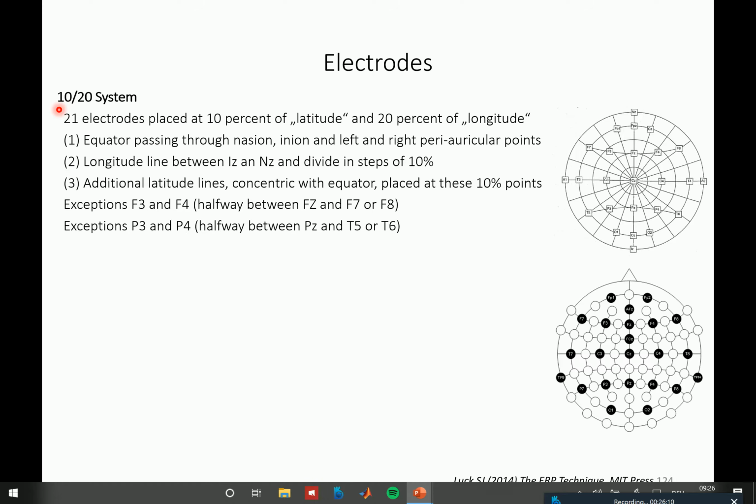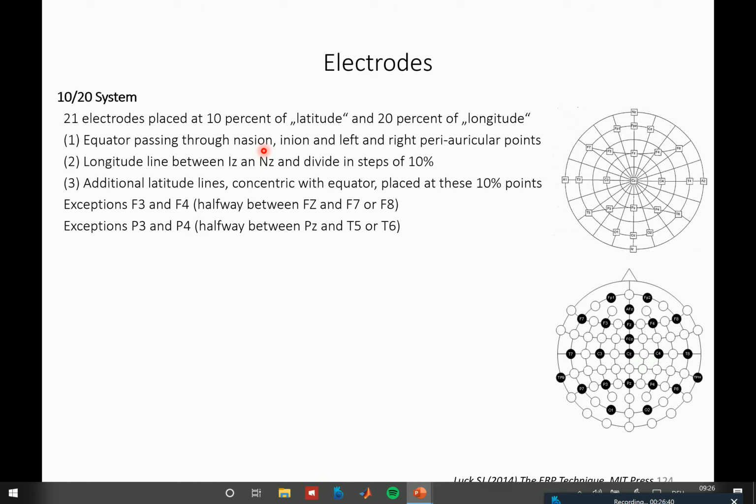How does this system work? So the idea is that you place 21 electrodes at 10% of latitude and 20% of longitude. What these terms mean, we will see in a second. So the one baseline of this is an equator that passes through the nasion, which is this point between your eyes. The inion, which is a little protrusion in the back of your